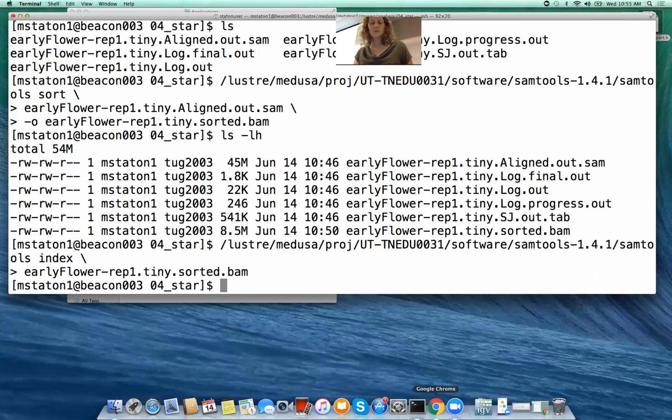Sample sort. I don't see alignment. Yeah, something's wrong with our BAM file. I'm trying to figure out what it is. I think because you have to put the output before you put the input. Okay, so samtools sort, dash output, early flower tiny BAM, and then we'll put